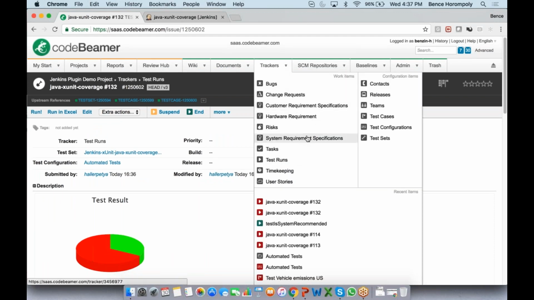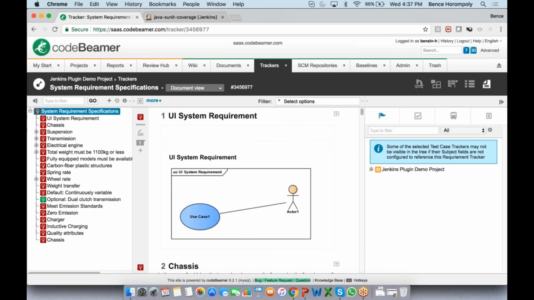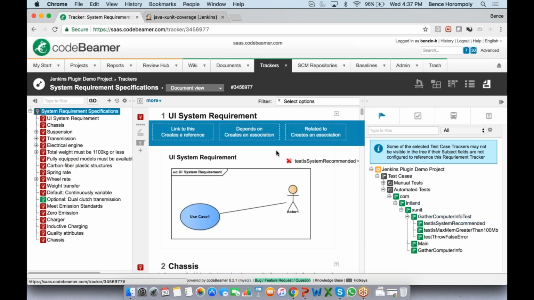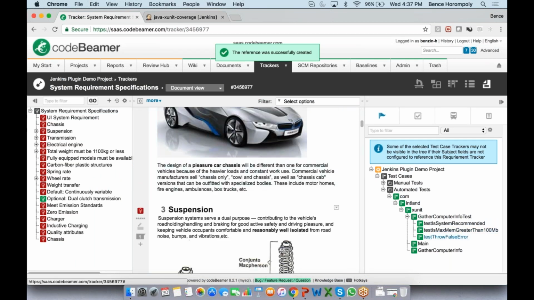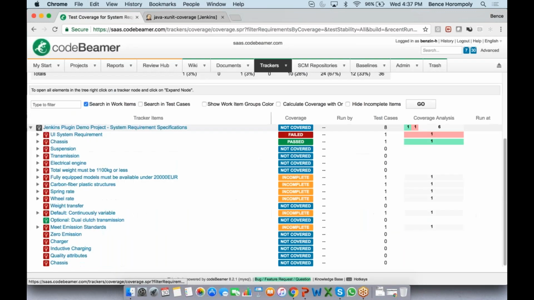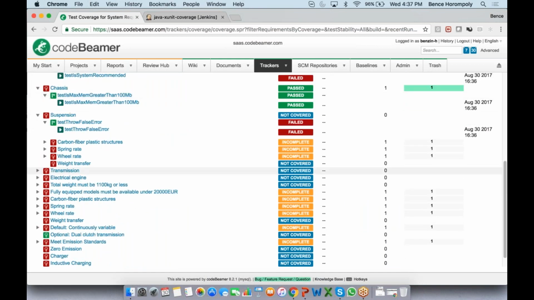And then what you can do now is you have your requirements, for example, or user stories. And after you've executed these, from the right-hand side, we have this test case library, and you can just drag and drop these test cases to link them to a requirement. And that way you actually have the coverage of your user stories or requirements in one place. I've linked this to here, and now you can see the results of your manual and automated tests and what they cover in one place. So that's basically the integration.